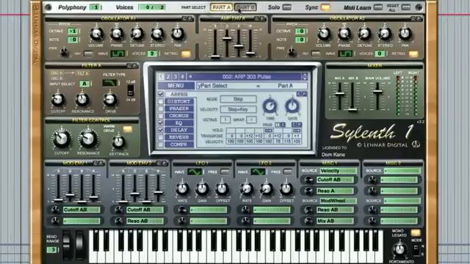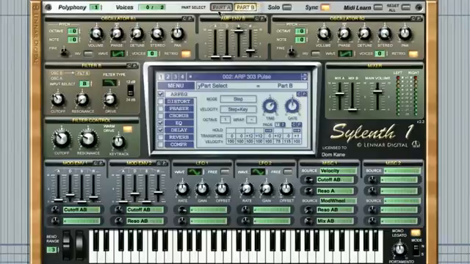Part A has a red background colour, and part B is yellow, and you can select between the 2 parts by clicking the relevant button here. You can also solo the selected part with this solo button here. Both parts A and B have 2 oscillators generating the waveform you select, and each are capable of producing 8 unison voices in stereo, allowing you to produce up to 32 voices per